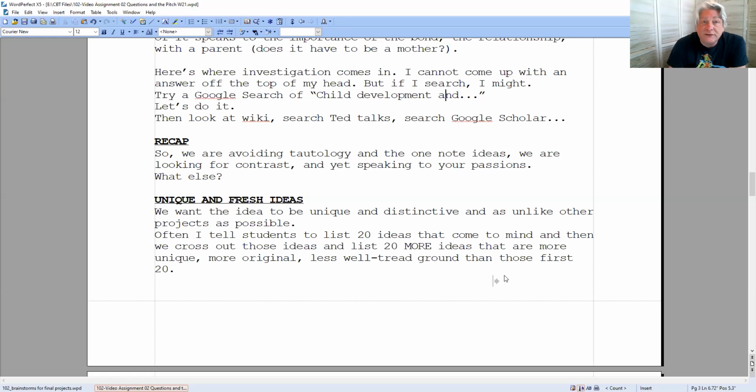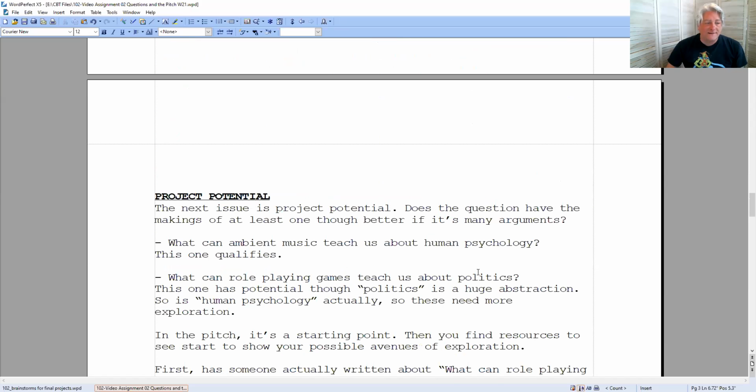Often I tell students to list 20 ideas that first come to mind, and then cross those ideas out and list 20 new ideas, because that second list is going to be the more interesting list. And it almost always works that way. Once you get out all of the ideas, many of which are maybe not that interesting, not to say that you don't come up with interesting ideas, because you do, but we all have the initial easy answers. Then when we start to really think about it, after we've dismissed a lot of those easy answers, we might get some really good ideas.